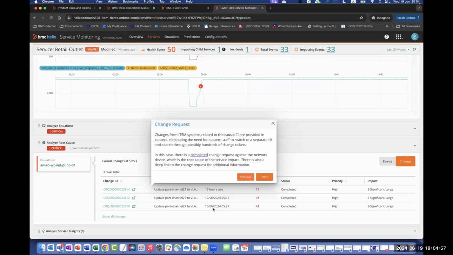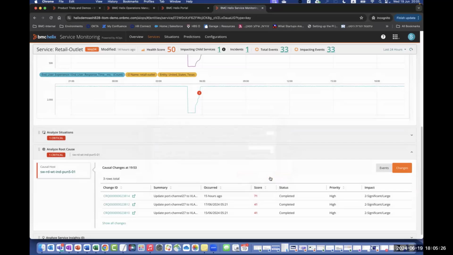We have a new series starting soon that's going to be hosted by our brilliant colleagues from the Helix GPT side that is talking about how to use GPT and large language models in IT operations management and IT service management. So all that goes into why we have this change information here, why it's valuable to bring in all that information. So if we click next,